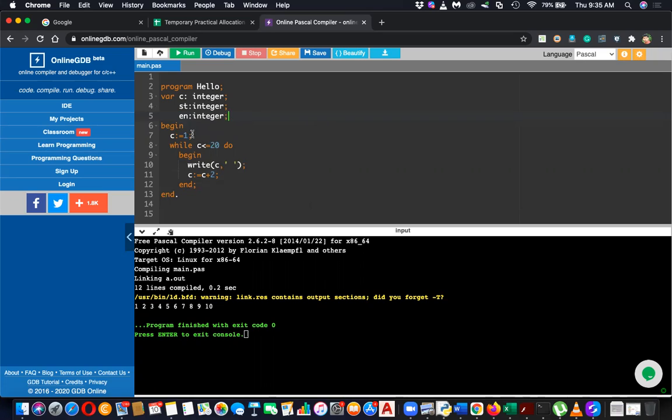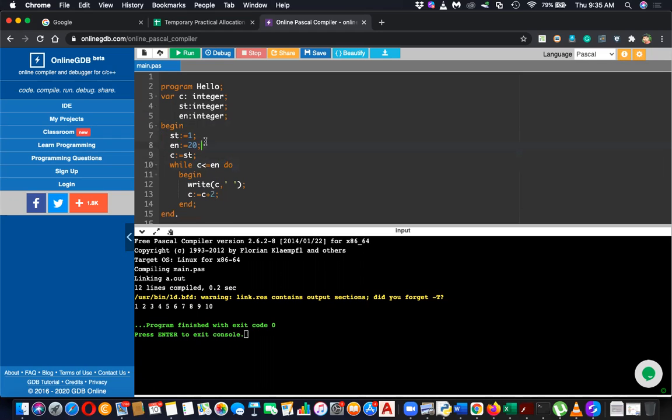So you can tell C equal st, starting equal to 1 and end en equal to 20. So this is st, this is en,